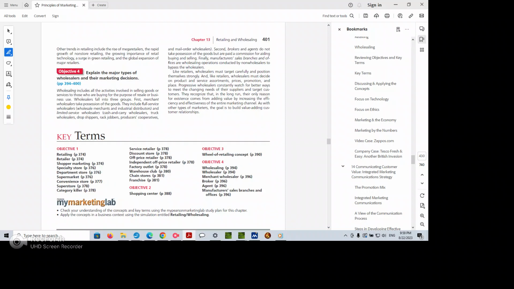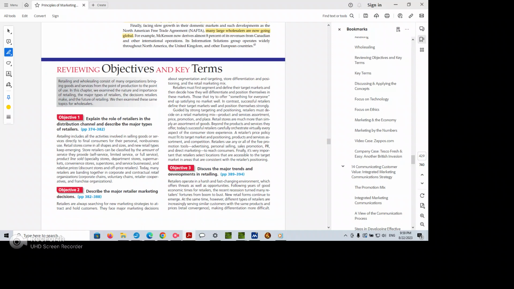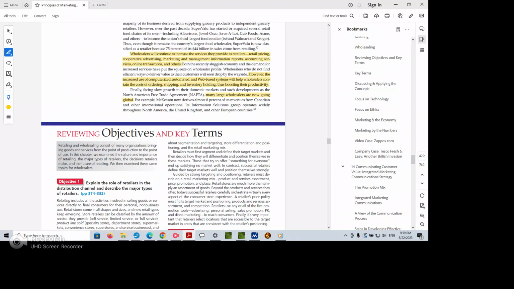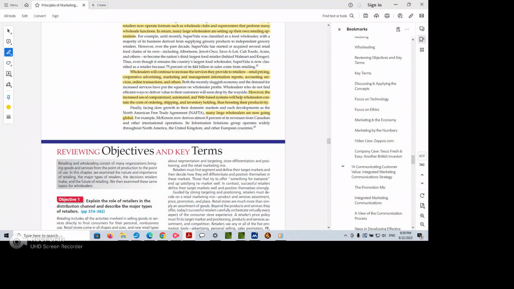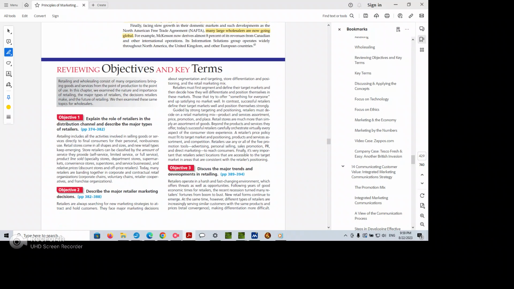Notice I didn't read everything word for word, but that wasn't the point of our review. And our lesson was to get you to understand the main ideas, apply it, and put it into the perspective of how it can be understood. Now, just as a review, to make sure you understood things,